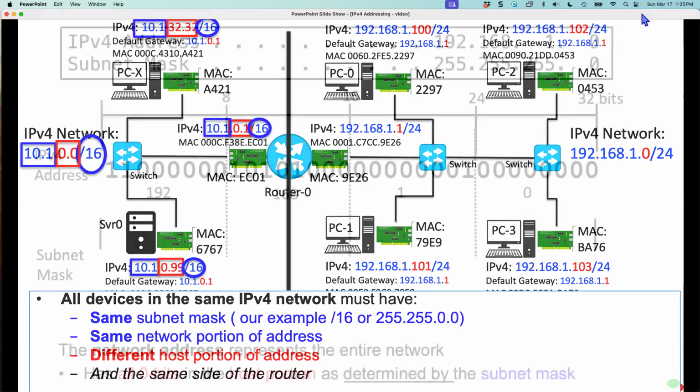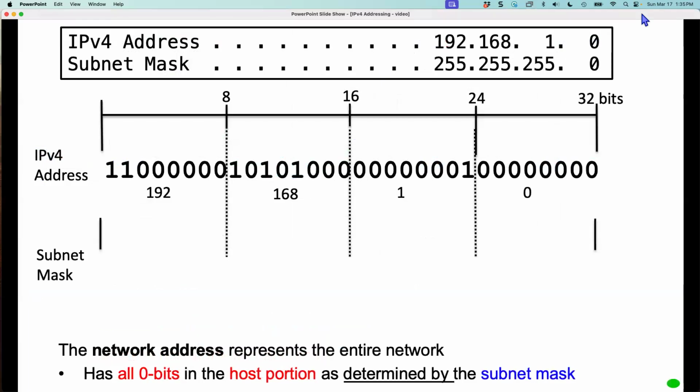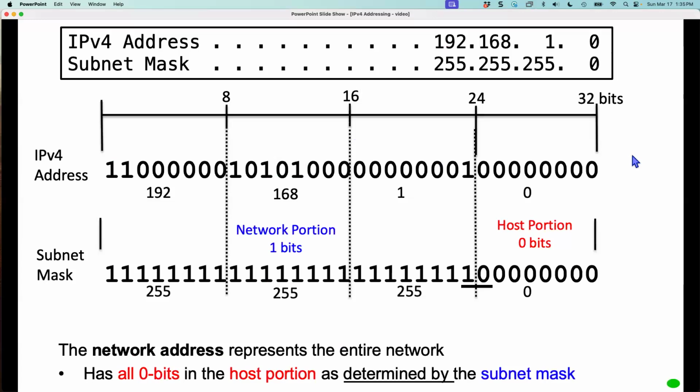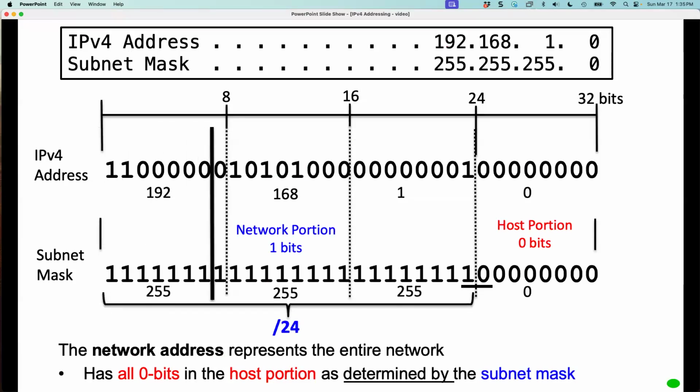Okay, so let's take a look at a network address. A network address, here it is in decimal, here it is in binary. Let's take a look. A network address has all 0 bits in the host portion. So there's our prefix length, our subnet mask. We move this over. Let's take a look. There's the network portion,